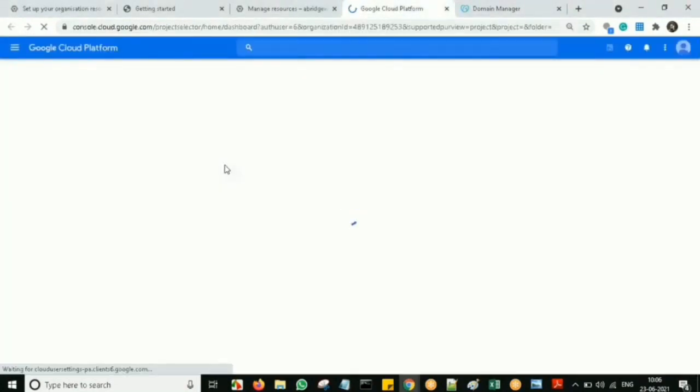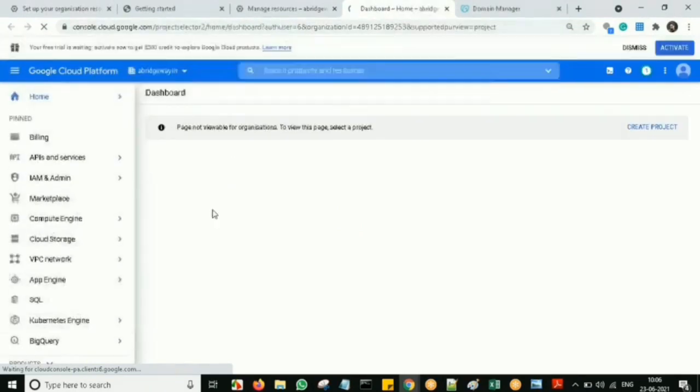In that project, I can't create any resource as of now. If you enable the billing, you can do it. So that is what I'm going to show you now. And I hope you know how to enable the billing, nothing but you need to complete that payment attachment.